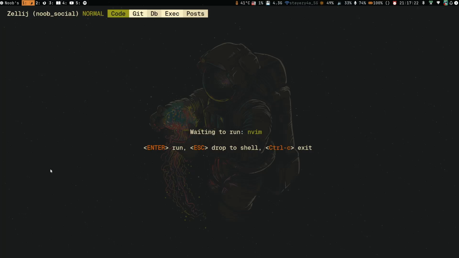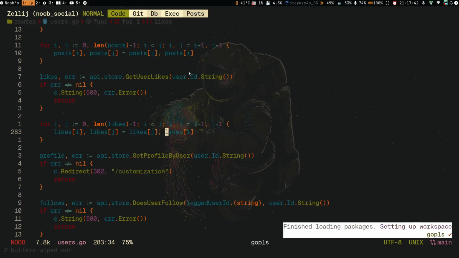So if I do a quick zln, it brings up my default layout that usually has 3 tabs, but in this case it has 5. It usually has code, exec, and git, but in this case it also has db and posts. So if I press enter on one of these,